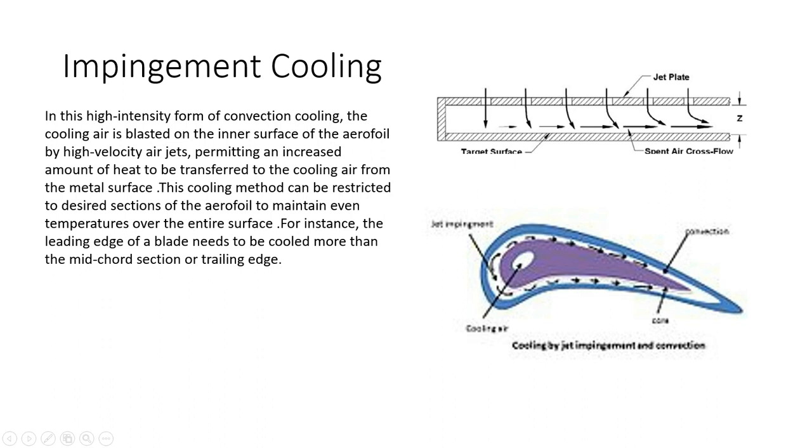Okay, why? Because we'll deeply discuss why the leading edge will face higher temperatures. To overcome that, you can incorporate impingement cooling restricted to this area, so that you'll balance out the temperature. Let us say the temperature here is about 800 Kelvin and here is about 1500 Kelvin. You can remove the excess temperature from here, thereby balancing the 800 Kelvin in both places. Okay, so that is one thing you can do with impingement cooling.